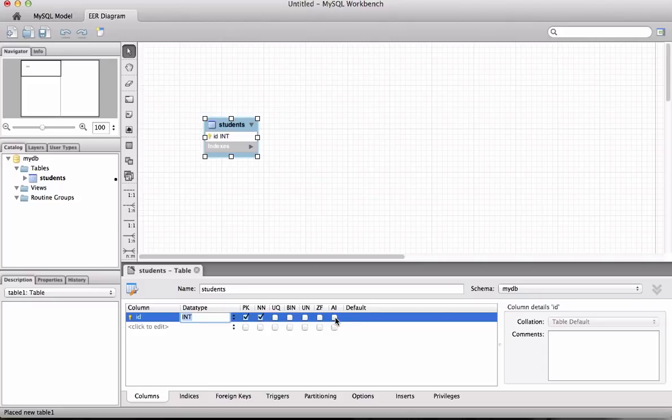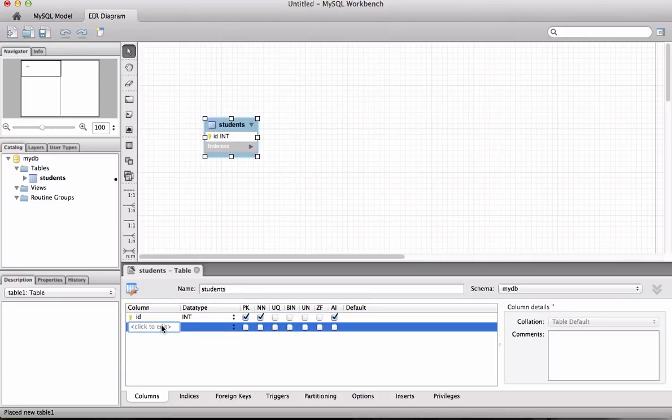And then I would like to make it auto incremental. That means the database will automatically fill in this ID with the next available number. That means I don't have to take care of whether the row is unique or not, because it always will be, since the database will give me the next available number. And then I need to have a name for this student, and the name would be a varchar of, let's say, 100,